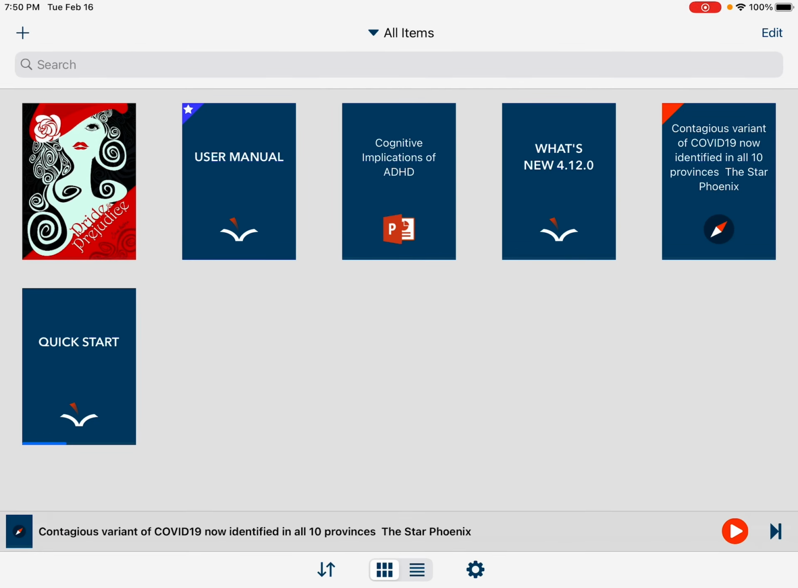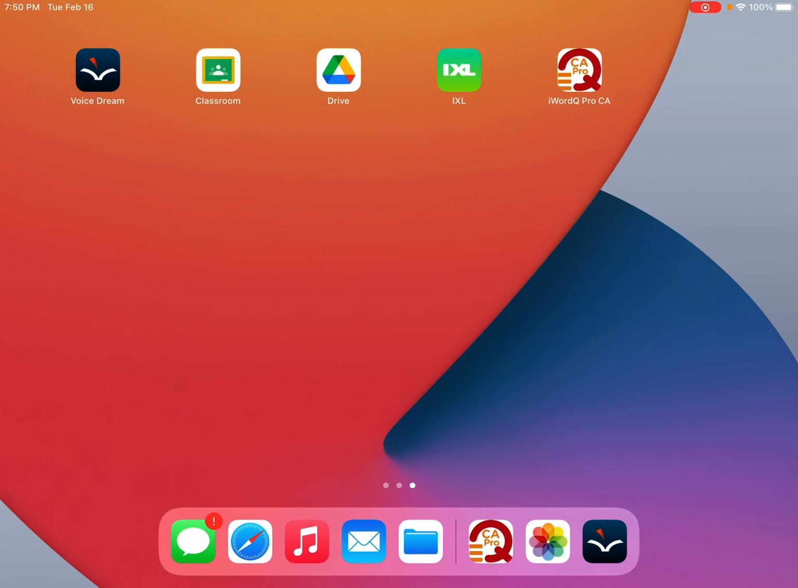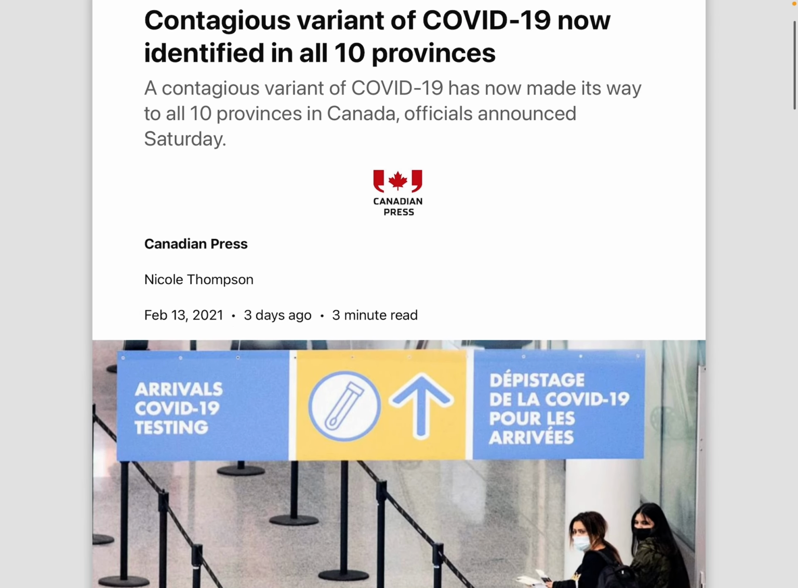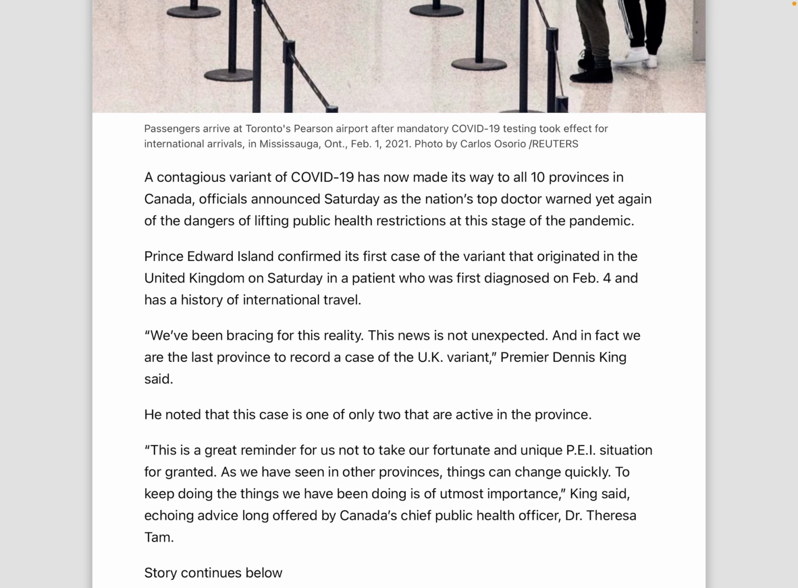So what if you find an article on the web and you don't want to bring in the entire article, just a portion, or you find a paragraph out of something? That's possible too. So what you want to do is go into your browser, find the text that you're interested in, and you're going to highlight it. So let's say I just want this paragraph here. So I highlight the paragraph, I hit copy,